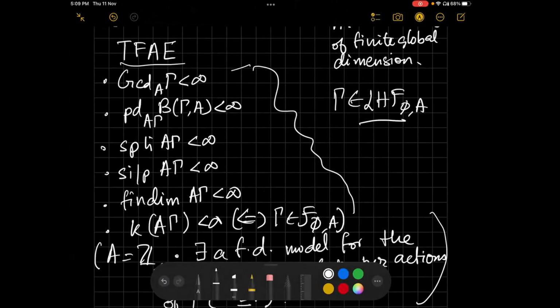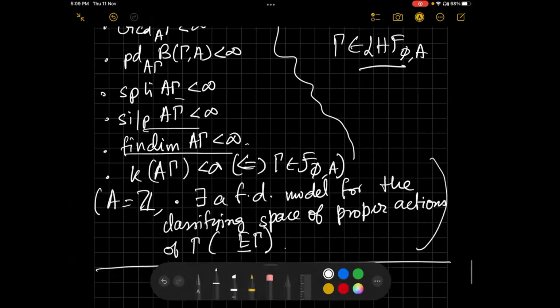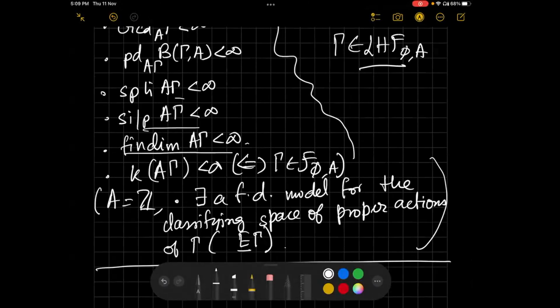And now, sticking to cohomology one last time, you can say that for group algebras, this is a kind of finitistic dimension conjecture, because if I just focus on the finitistic dimension, I can say that the finitistic dimension being finite is equivalent to this guy being finite, that should be equivalent to this guy being finite, and that is a conjecture, obviously. And I can say that is a finitistic dimension conjecture if you want to put all your focus on this invariant. And also over Z, you can just focus on this guy and this guy and say that is a finitistic dimension conjecture for group algebras over Z.